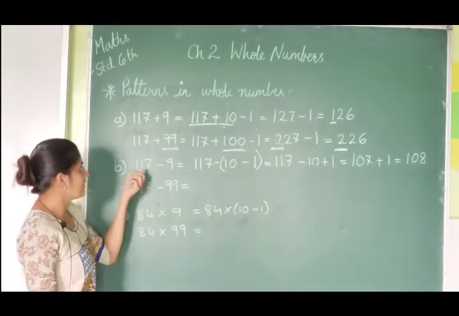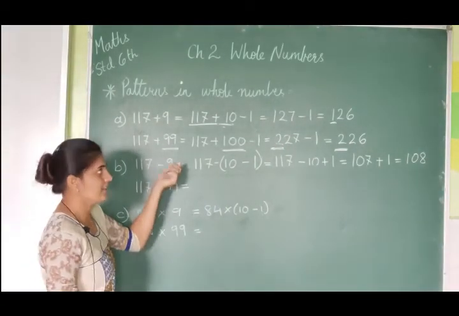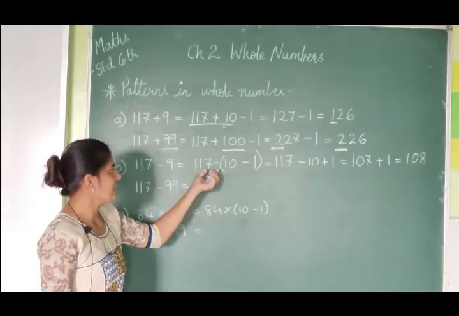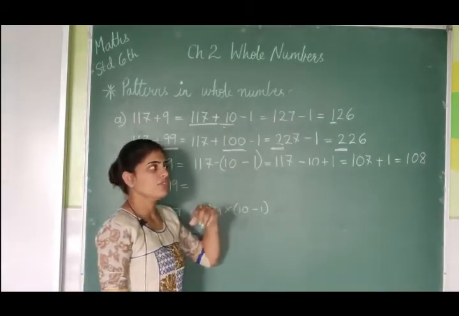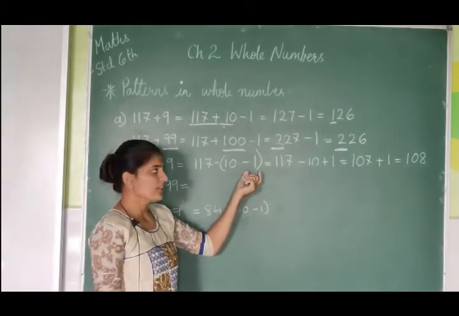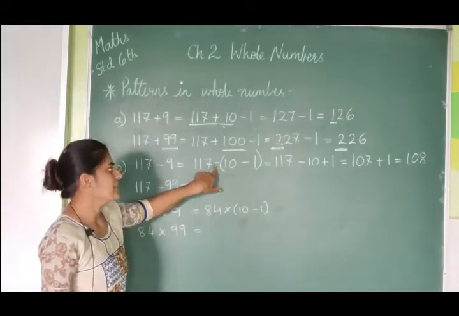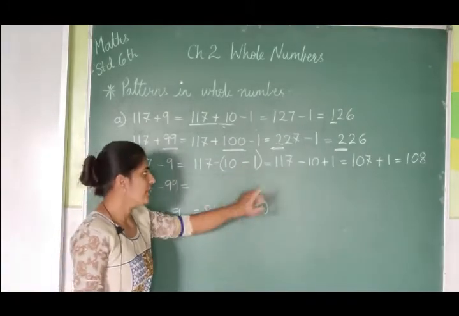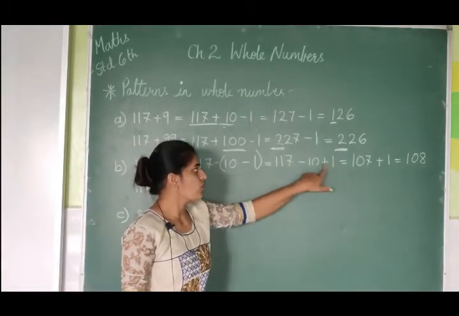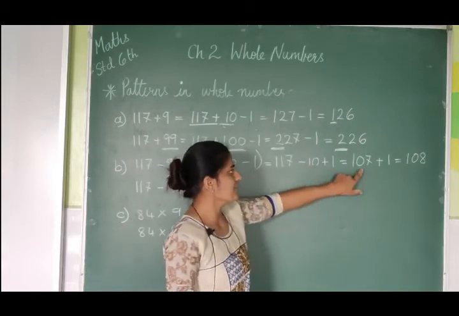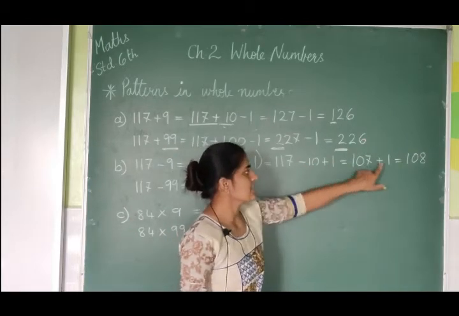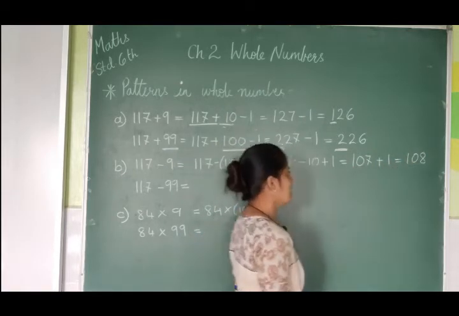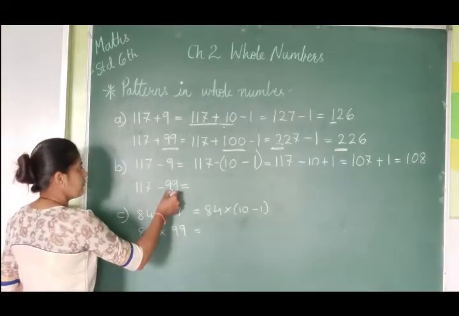Now the next pattern is given, that 107 minus 9 is given. Here we were adding, here we are subtracting. Then 107 minus 10 minus 1 is given to you. 9 can be written as 10 minus 1. In one bracket we are writing. After that this minus will come with the 10, so minus 10, and minus minus will become plus. So here plus 1. So 107 minus 10, it will be 97 plus 1 as it is we are writing. So what answer will we get? 97 plus 1, 98. Now let us see what changes will be made for 99.